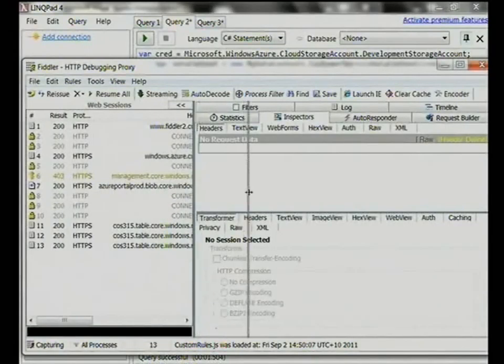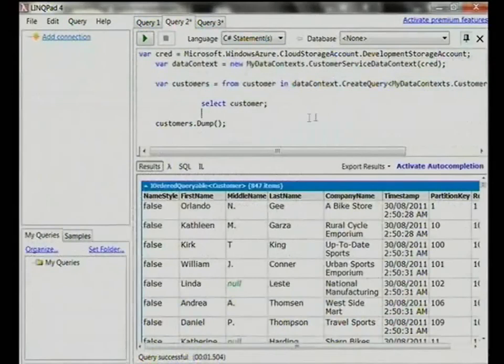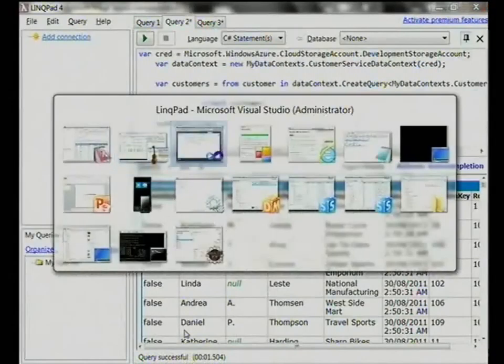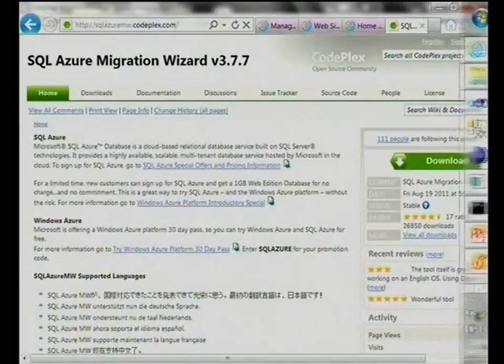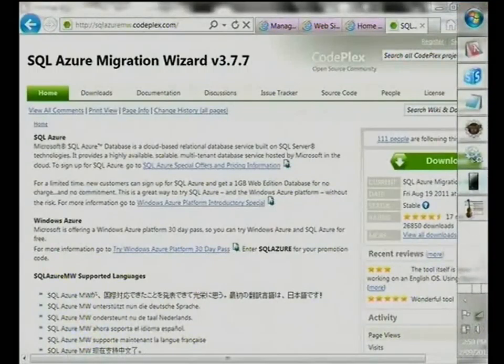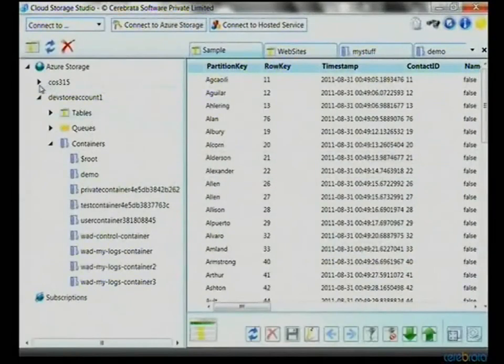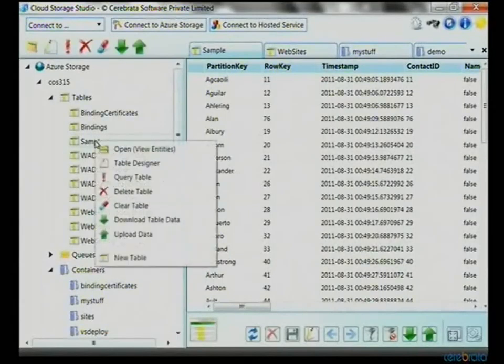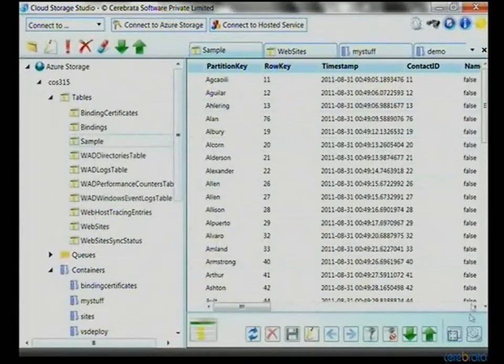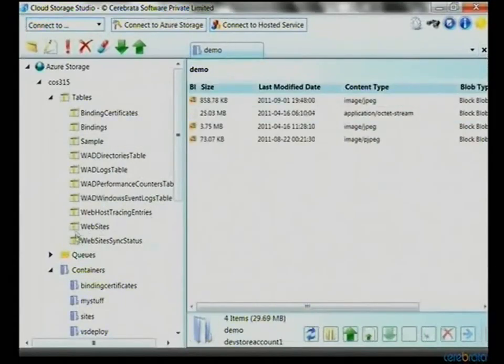So in our case over here, if I did, let's say, a little query, let me open up the cloud storage. We run a couple of queries.